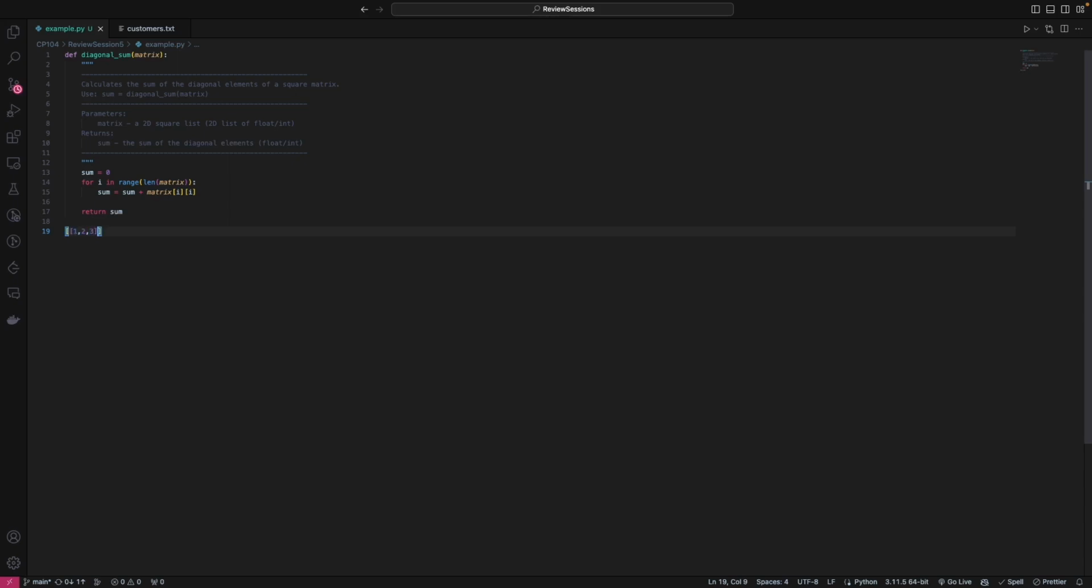Let's go 1, 2, 3, 4, 5, 6, and 7, 8, 9. Okay. And let's just format this so it looks a little bit better. Okay, cool. So we know that our iterator is going to start at 0